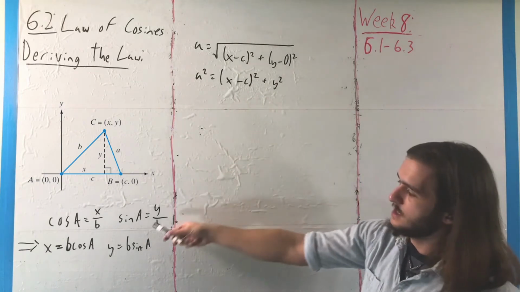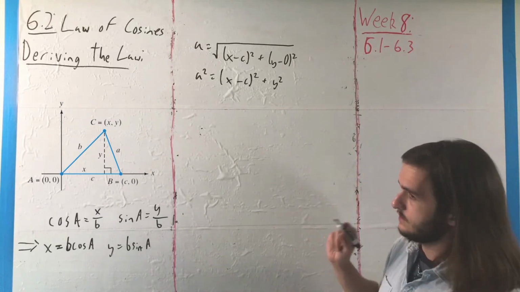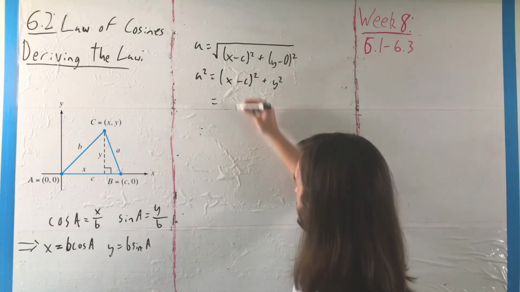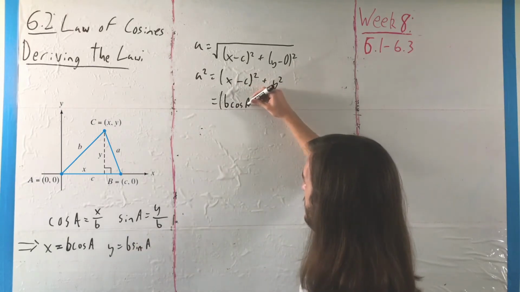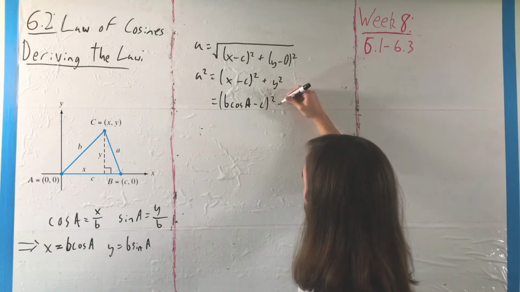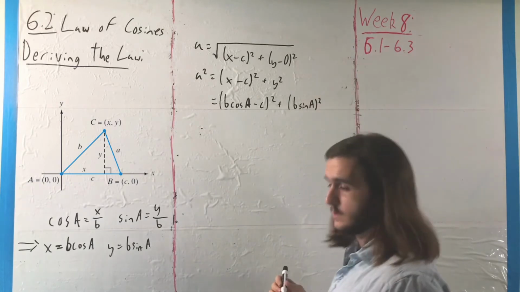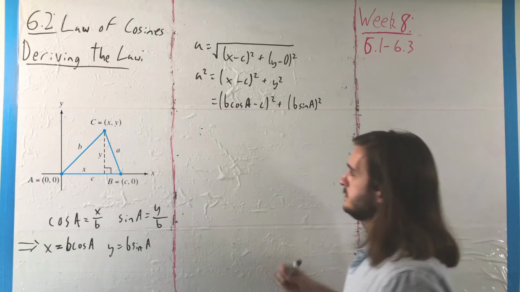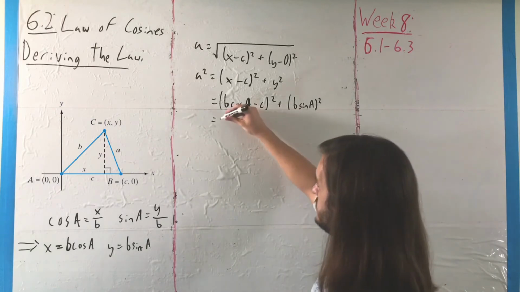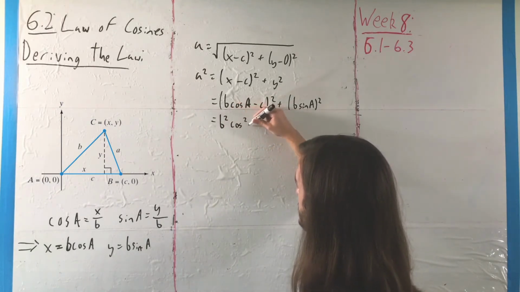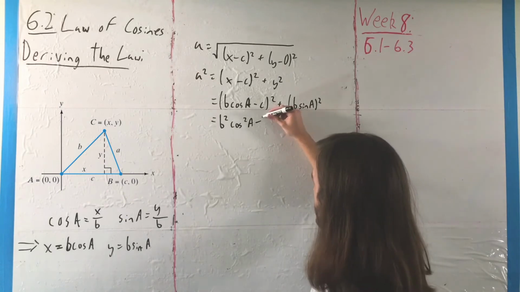And then we can take these parts and make a substitution to put it in terms of our angle A, because x's and y's don't really mean much, but our angle A, that's where the real money is. What we do there is we would have (b cosine of A minus c) quantity squared, plus (b sine of A) quantity squared. Now, the second term is not so bad. There's not a whole lot to do there, but our first term is going to require a bit of foiling. So we're going to have that first term squared, b squared cosine squared A, minus 2 times the product there. So we'd have minus 2b,